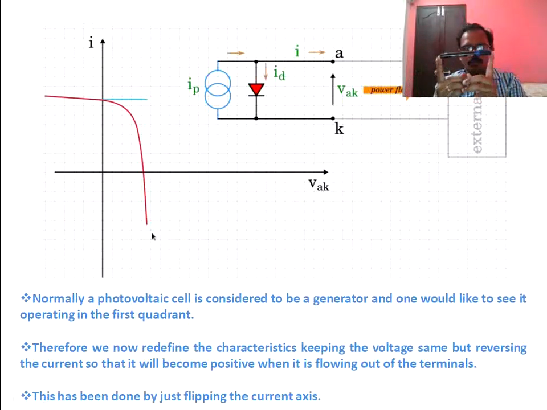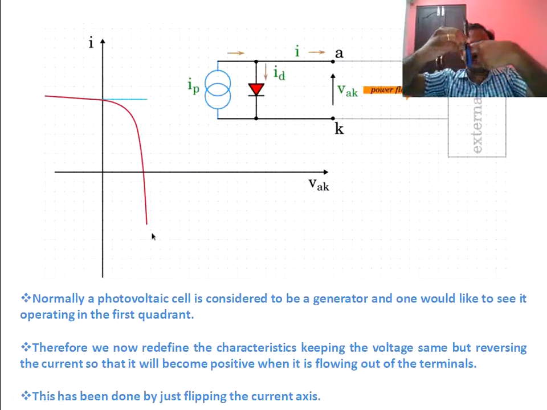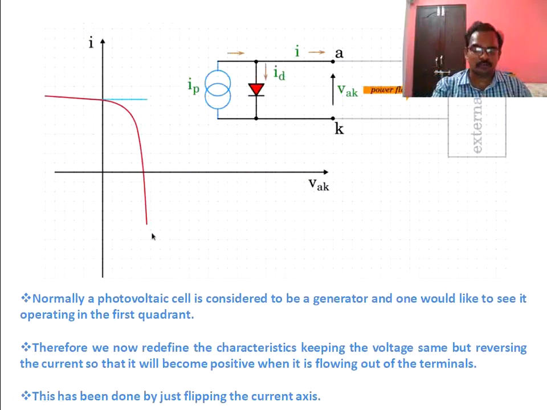We'll take this diagram. Consider this pen. The voltage axis is the same. The current axis will be like this. The cap is the positive Y, and the bottom is the negative Y. Now, keeping the voltage axis the same, I am just flipping this current axis. Now negative current came to the positive side and positive current went to the negative side, and the curve is shifted to the first quadrant. Even though it looks like the first quadrant, because I is negative and voltage is positive, it is the fourth quadrant, but for our convenience we take it as the first quadrant. For our appearance it looks like the first quadrant, but the operation is in the fourth quadrant only.